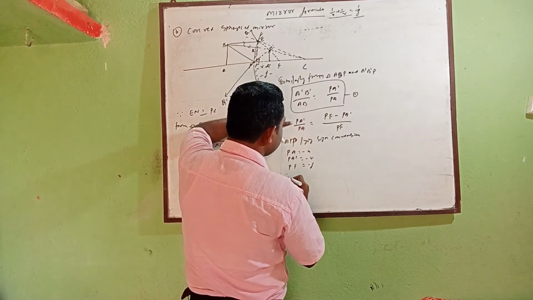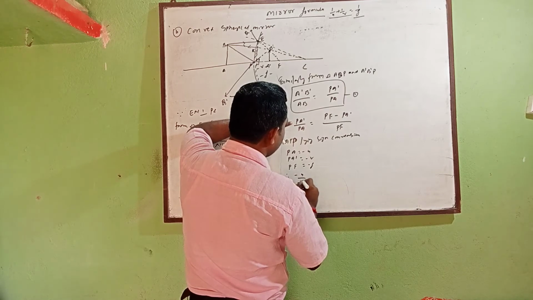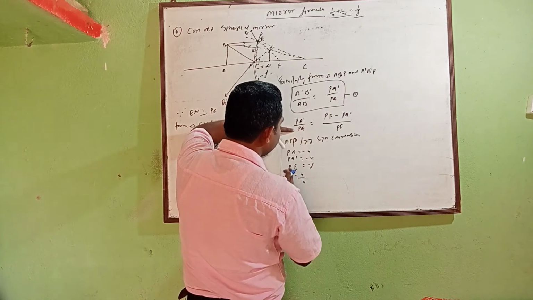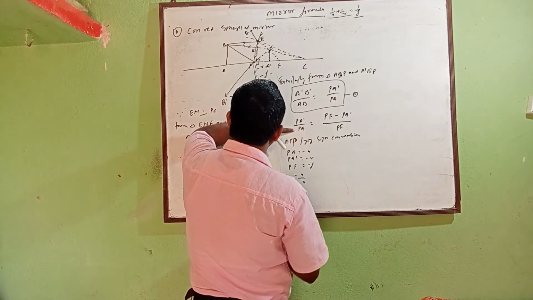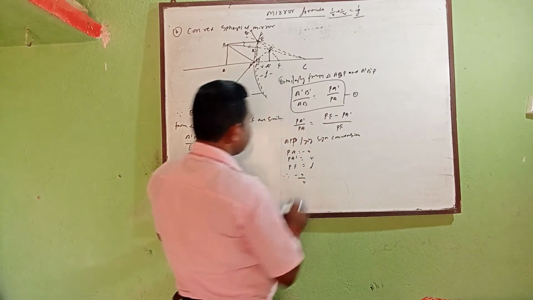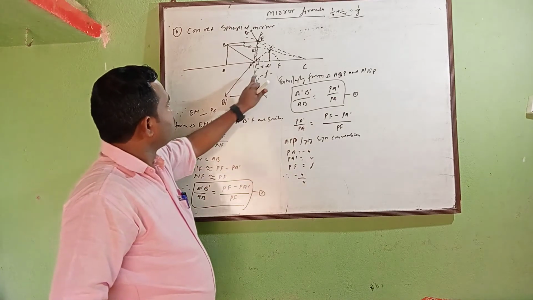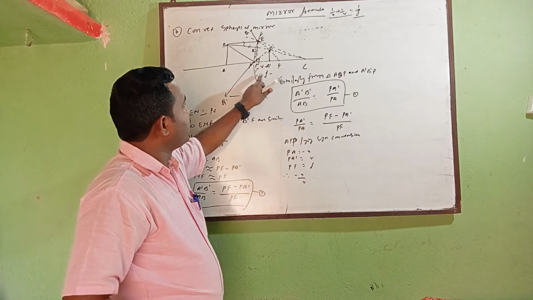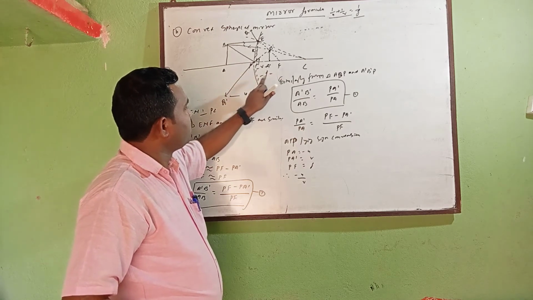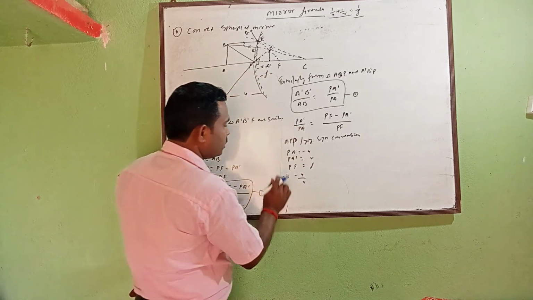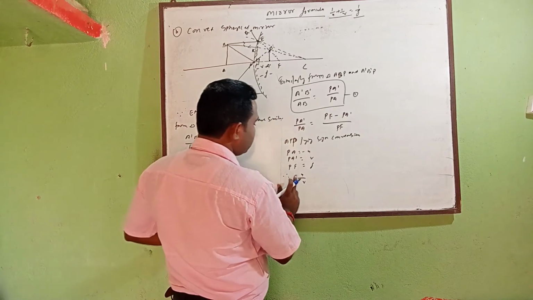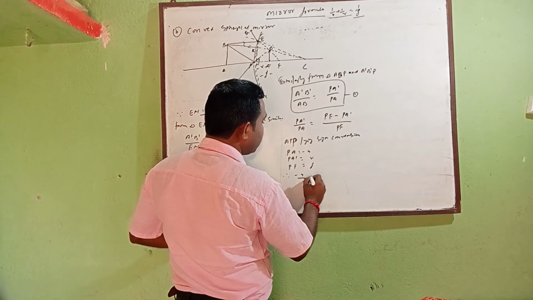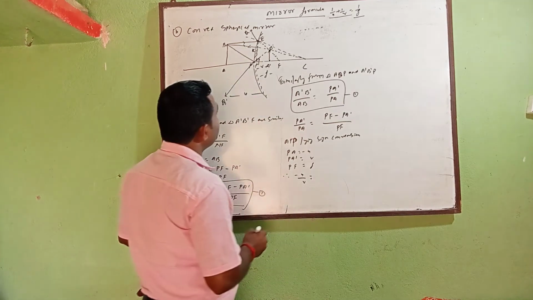Therefore, you will write minus U for PA. But PA dash here will be plus F, and PF will also be positive. So we can put this value. Then what you will write here? Minus U by V, equal to